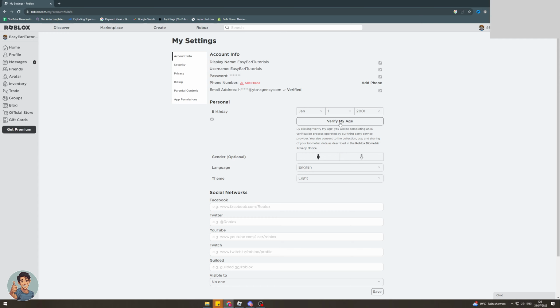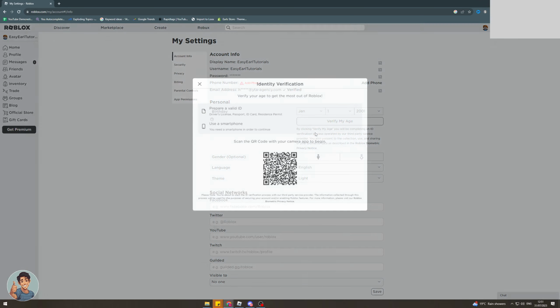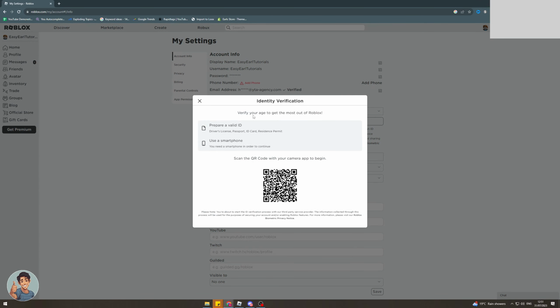So you can click that here and it's going to bring up a little pop-up which says verify your age to get the most out of Roblox. So what you need to do is prepare a valid ID. You need a driver license, passport, ID card or residence permit, and you need a smartphone. Now in order to verify your ID, I believe you need to be 13 plus to use some of the features. Next thing you want to do is get your phone out and scan this code on the photo app,